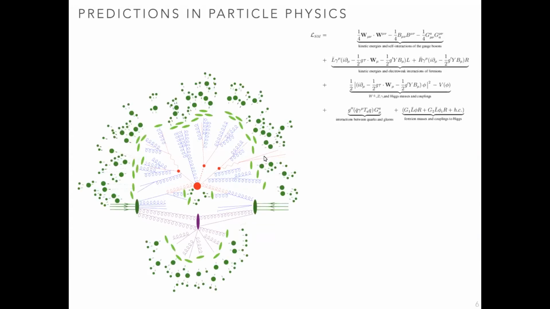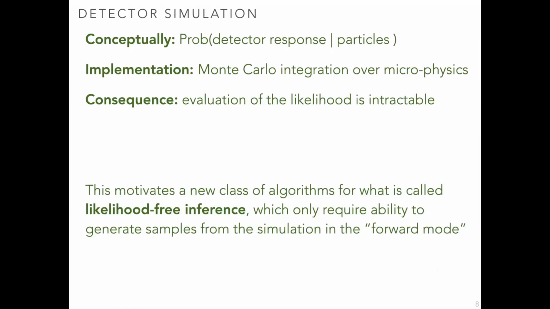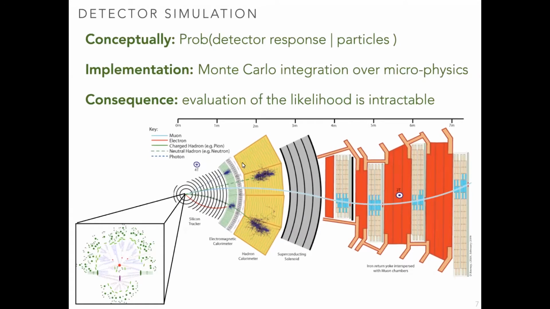This is particle physics, so you get things like quarks and gluons recombining into things like protons and neutrons and various stuff like that. And that's what these dark green blobs are. And these are now physical particles that come flying out into our detectors. And so we also have to simulate how those particles are going to interact with the detector. And that includes this microscopic tracking of, say, charged particles going through material and ionizing along the way, and